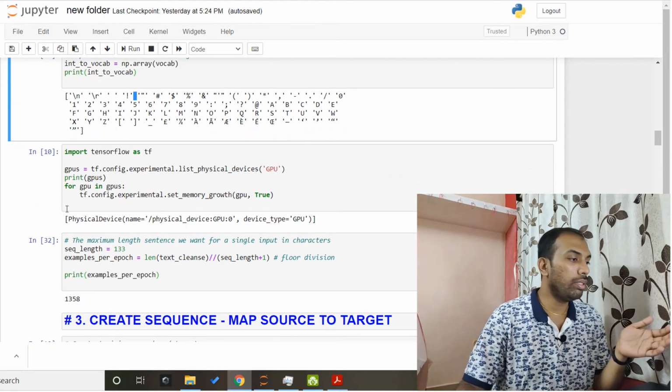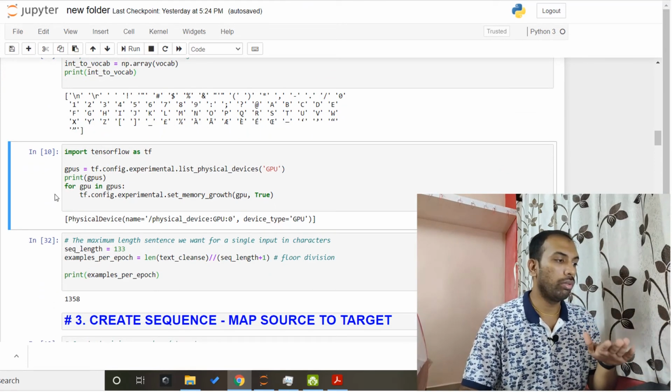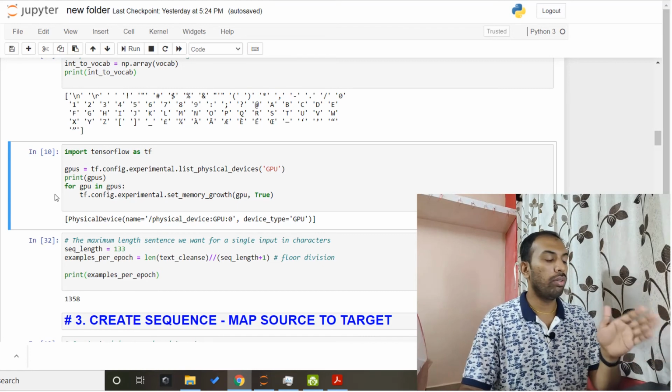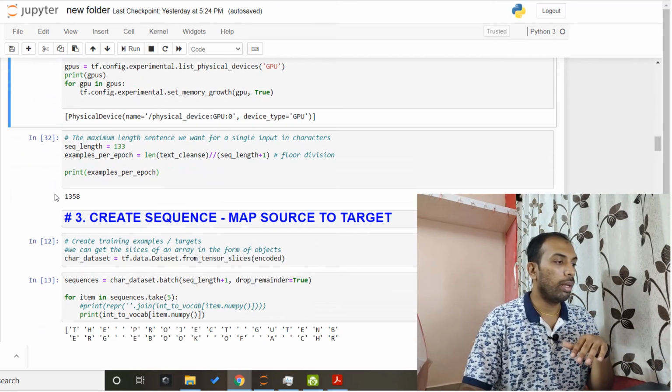The next step is probably not required, since I am using a GPU for training. This is configured to assign GPU memory, so we can skip this.